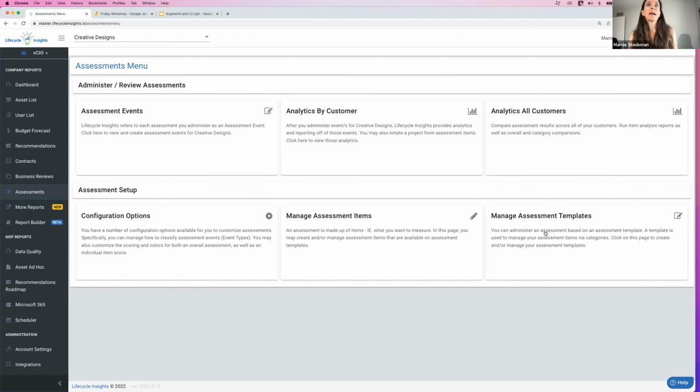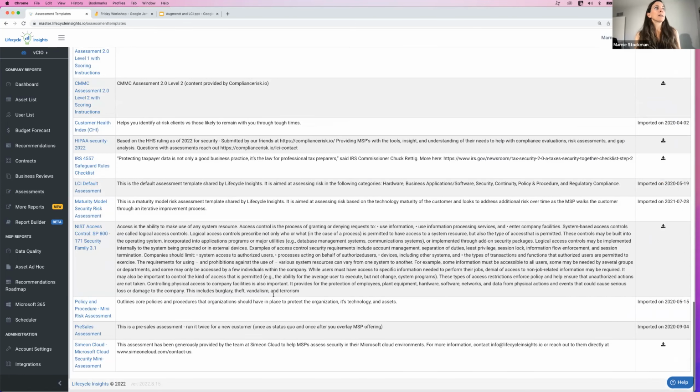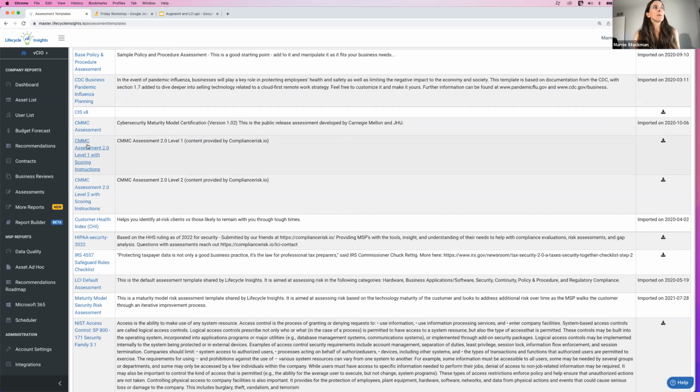But I'm going to click on manage assessment templates. And now at the bottom, we have CMMC assessment 2.0, level 1 with scoring instructions, level 2 with scoring instructions. The government is still talking about level 3, but I'm going to go ahead and click into one of these so you can see